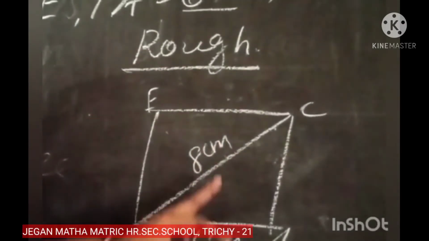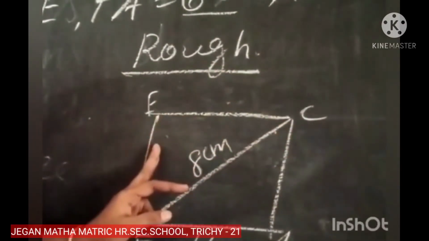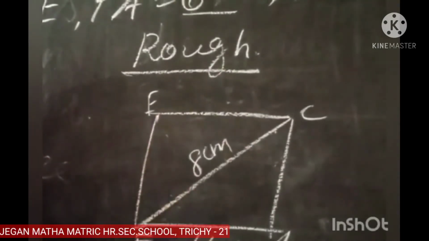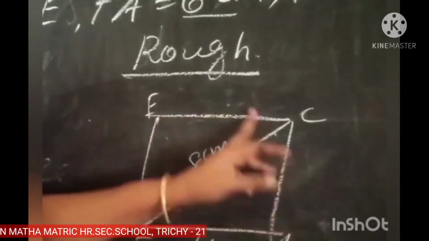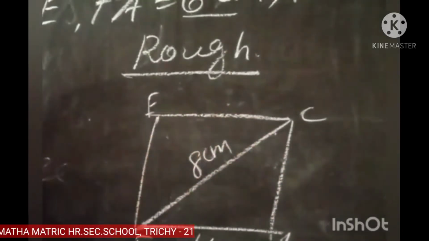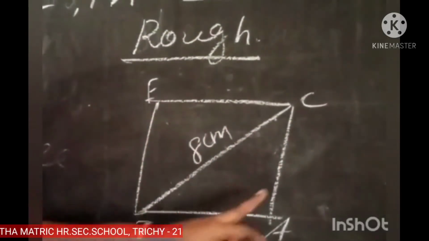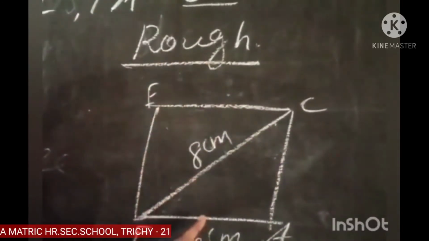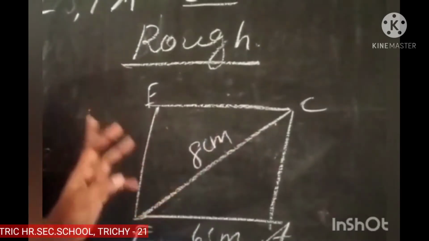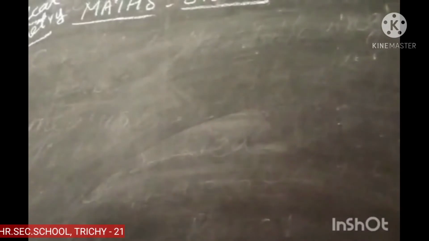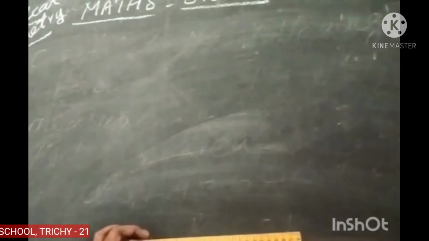Then after that, you already know that because it is a rhombus, all the sides are equal. The base is 6 centimeter, and the other 3 sides are also 6 centimeter. So you have to write 6 centimeter for the other 3 sides. After that you can draw the main diagram. Now let us see how to draw the given rhombus. First let's see the rough diagram and then start.